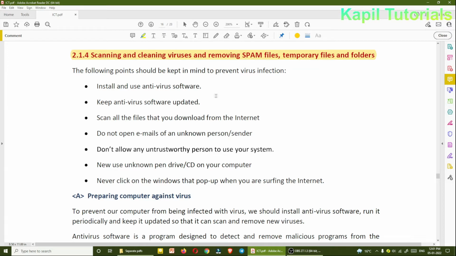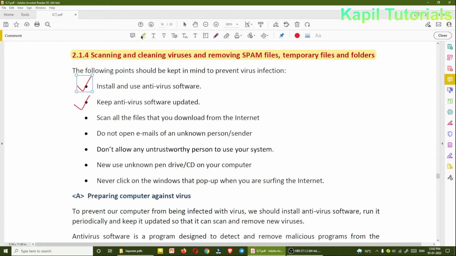It is recommended that you use antivirus software, which allows you to be protected from viruses. So when any destructive program wants to enter the computer through a pen drive, or if you are downloading from mail, this antivirus software will stop that virus from entering your computer.